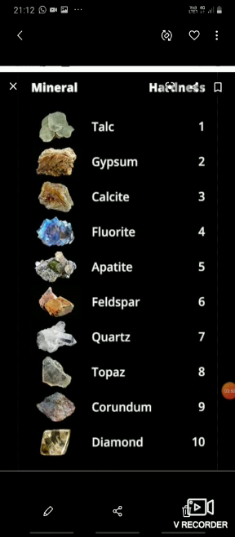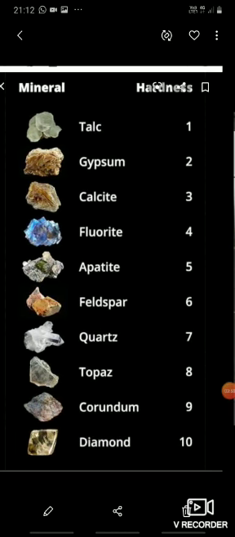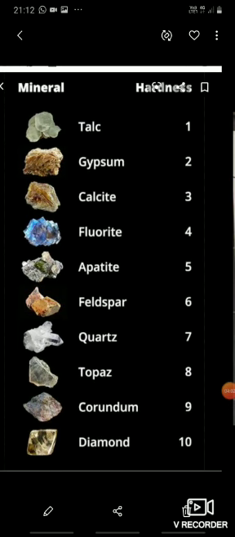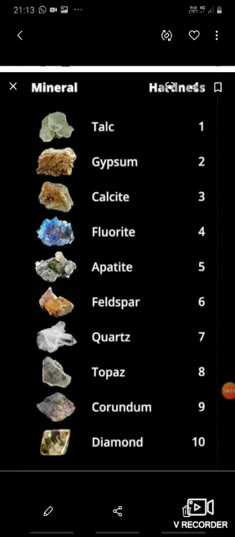If talc gets powdered, your mineral is harder than talc. Now you check with the second mineral, gypsum. Again you rub your mineral with the gypsum. If gypsum gets powdered, then your mineral is harder. Likewise we count the hardness. Diamond is the hardest mineral and the softest mineral is talc.